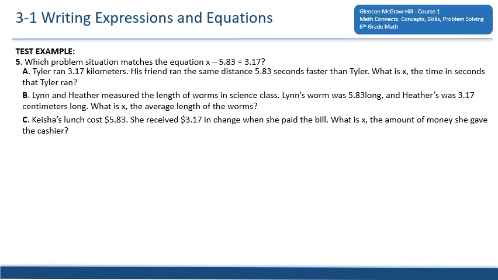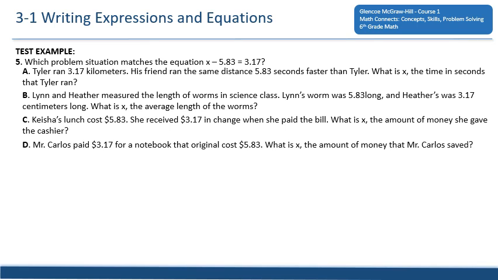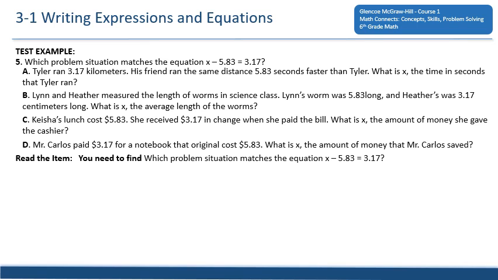C. Keisha's lunch cost $5.83. She received $3.17 in change when she paid the bill. What is x, the amount of money she gave the cashier? D. Mr. Carlos paid $3.17 for a notebook that originally cost $5.83. What is x, the amount of money that Mr. Carlos saved? So let's go through each item and we'll read it and find which one matches the equation